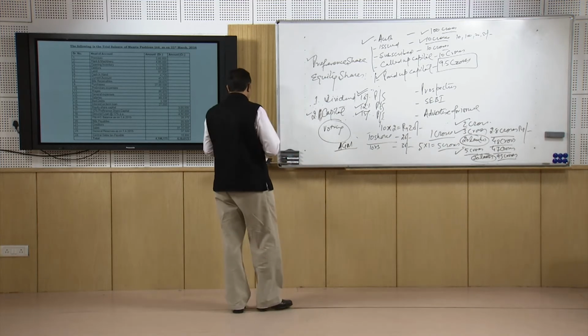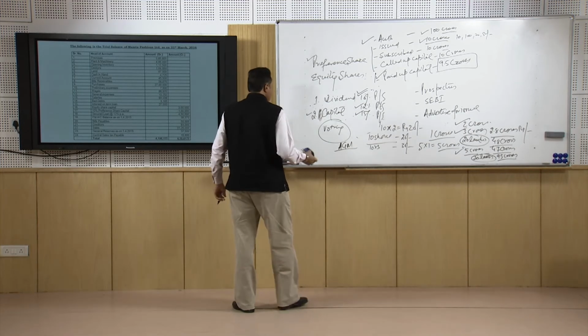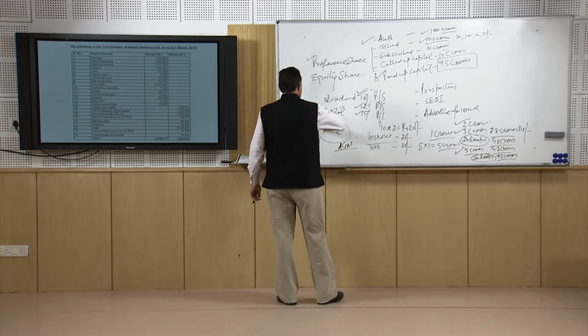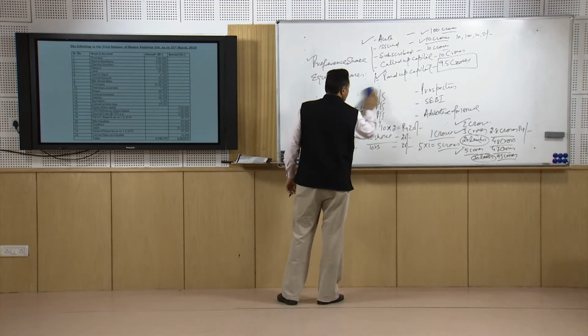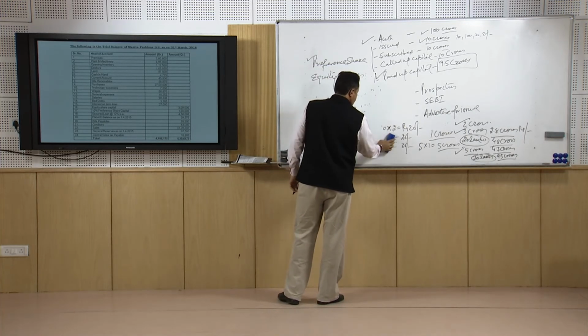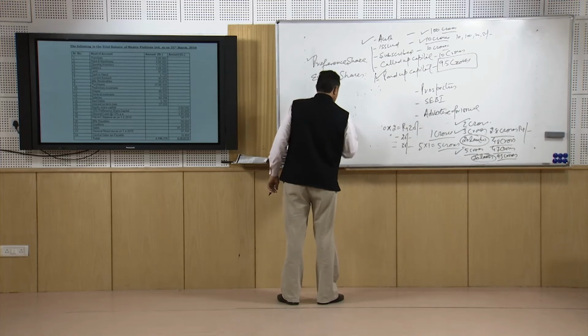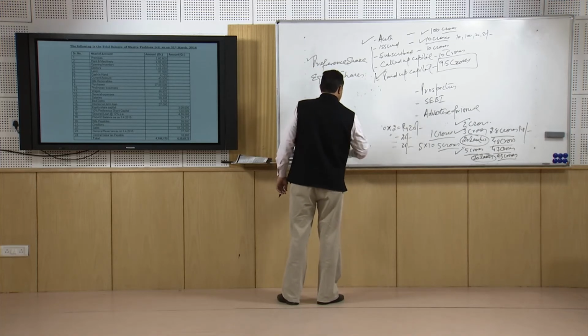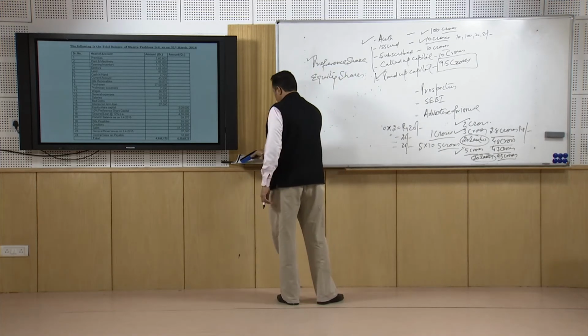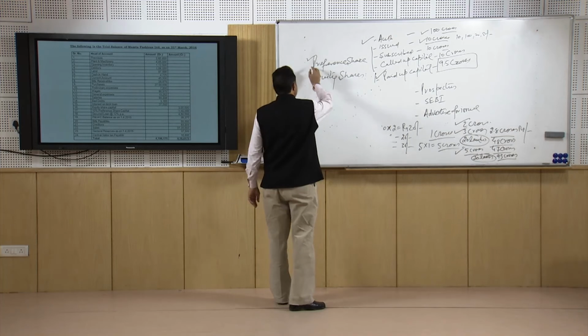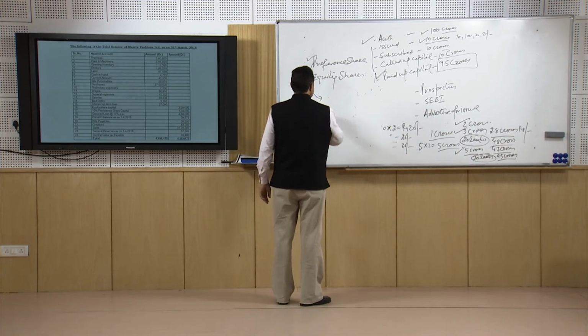Now we have further subdivisions of the preference shares. These subdivisions are, the preference shares are of four categories. Now we will be talking about the preference shares. First is